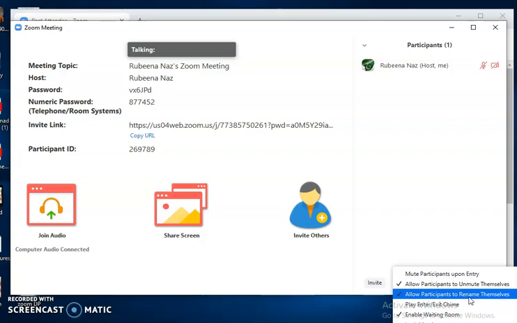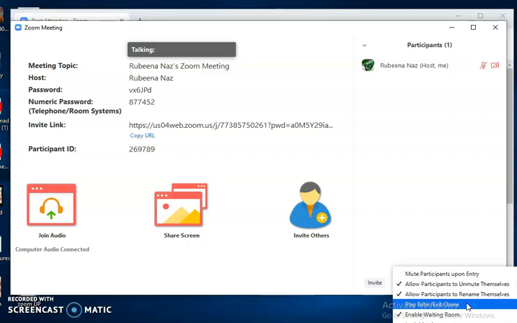Many times I face that the participant list name is not appropriate. Some are using their brother's cell phones, or their home cell phones, or sometimes they don't even know how to change their gadget's name. Suppose Samsung Galaxy name is shown here, so you can allow them to change their names by themselves.